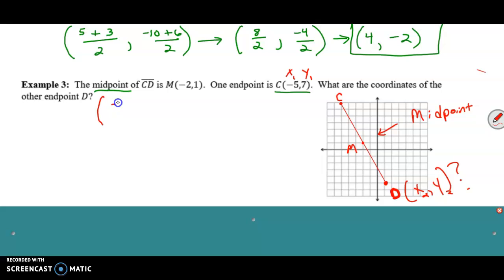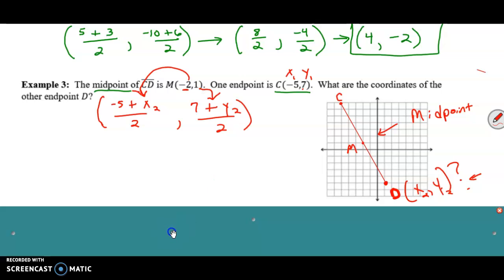So -5 plus whatever my coordinate for D is, divided by 2, is going to be the x-coordinate of the midpoint. I'm going to put a comma here. Now for my y values, my y1, 7, plus my y2, which I don't know because it's down here with D, divided by 2, has to give me